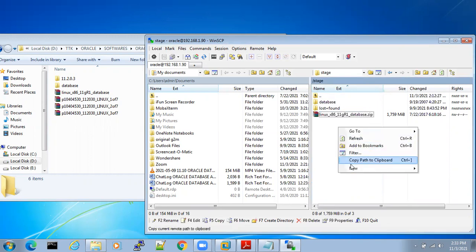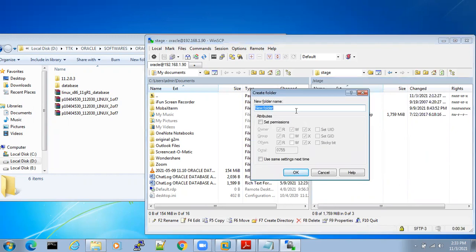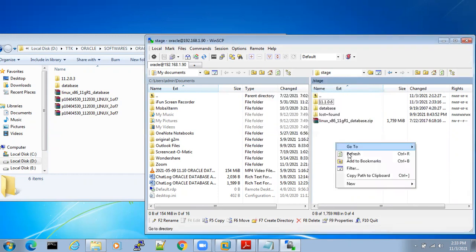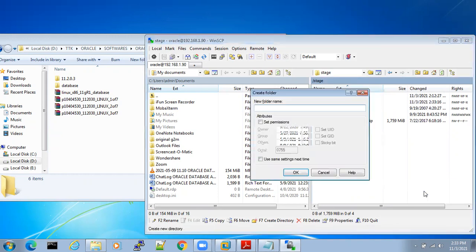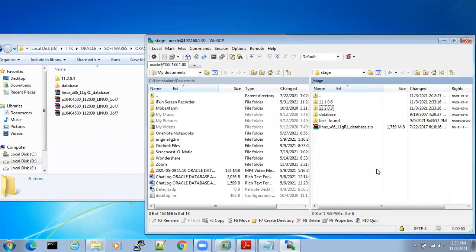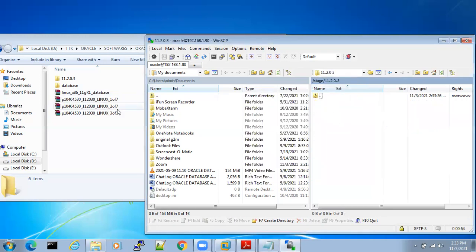We'll create a new directory with the name 11.1.0.6, and we'll create one more directory, 11.2.0.3.